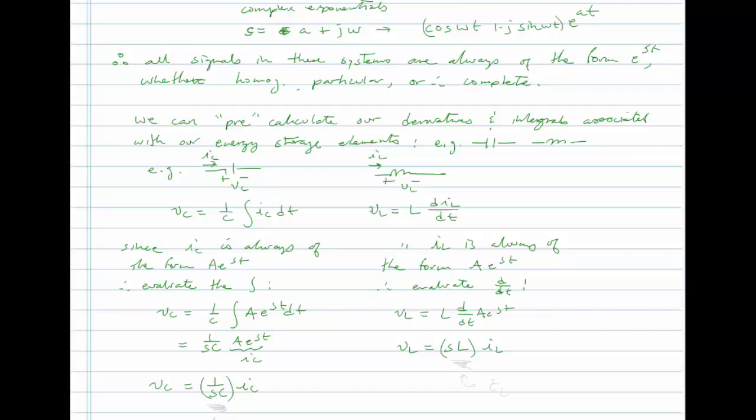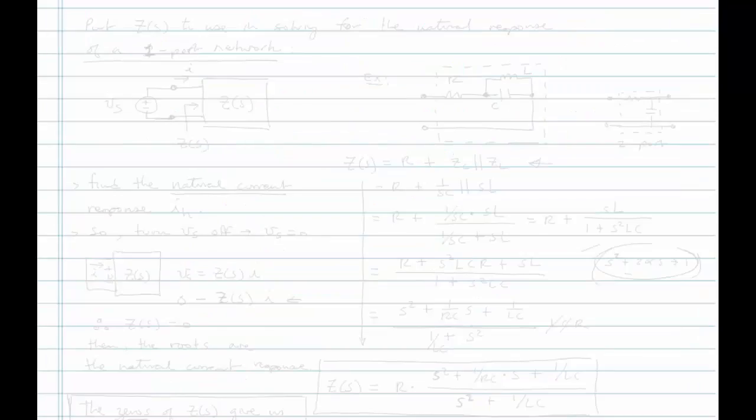And now we can write this proportional expression that relates capacitor current to voltage or inductor current to voltage. And this is what we call the impedance of our capacitor or the impedance of our inductor. Okay, so now let's put this to use in a general way. So we'll put ZS to use